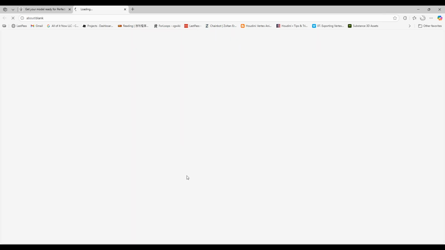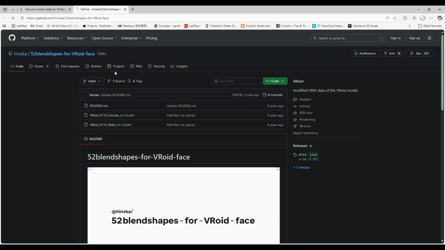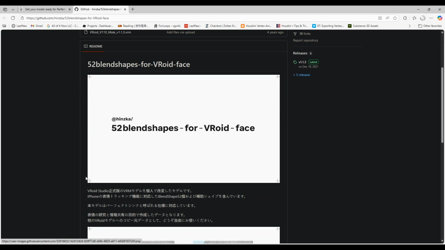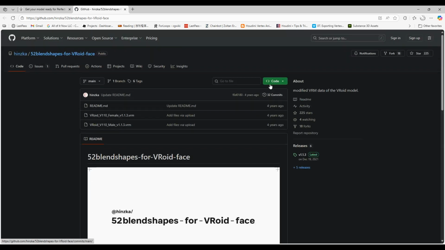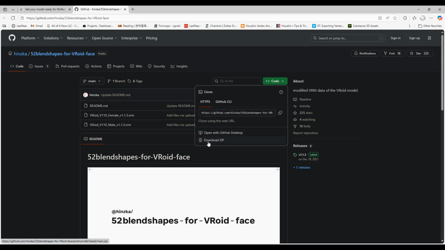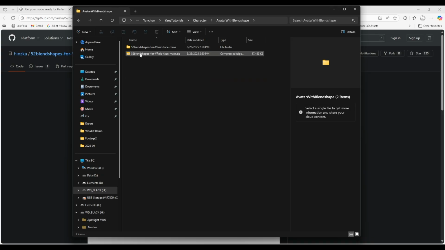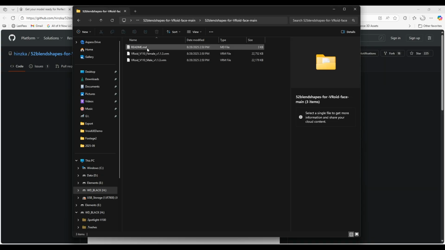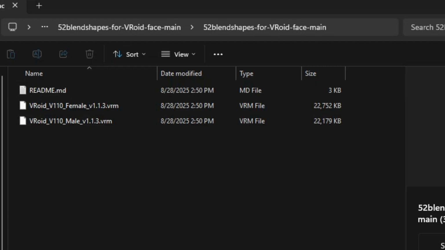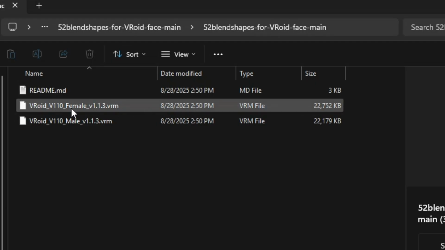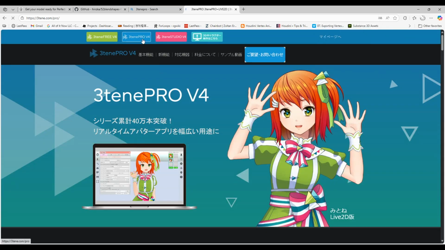So there's a super helpful free model made by GitHub user Hinzak with all these 50 blend shapes already set up. You can download it for free from his website, and I'll leave the link below in the description. Once you download it, unzip the file, and inside you will find this vroid_v10_female_v1.13.vrm file. To transfer the blend shapes, we are going to use the tool called FaceForge, which comes bundled with